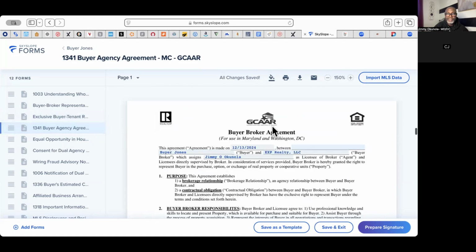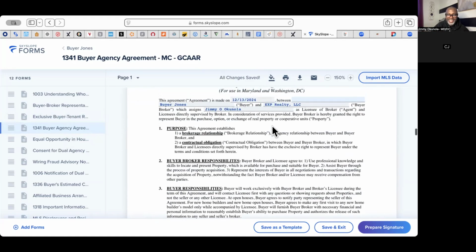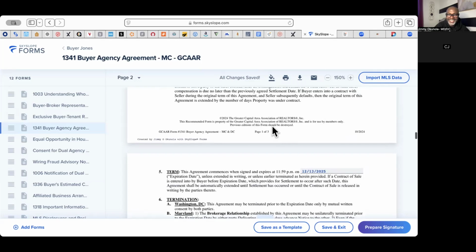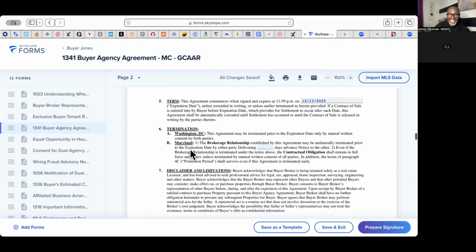Okay. I know it's probably a lot, but don't worry. It's super duper easy. You're good. Now, because we're in Maryland again, it says this brokerage relationship established because you can use it for DC and for Maryland. Okay. This agreement may be unilaterally terminated prior to the expiration date by either party delivering, so on this one, remember